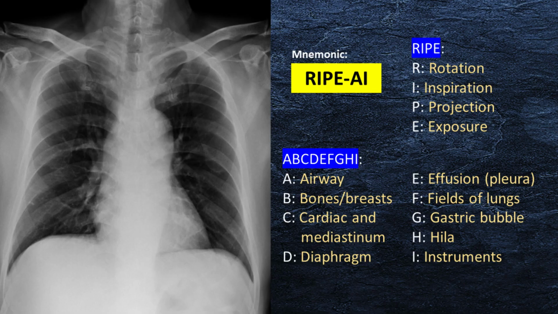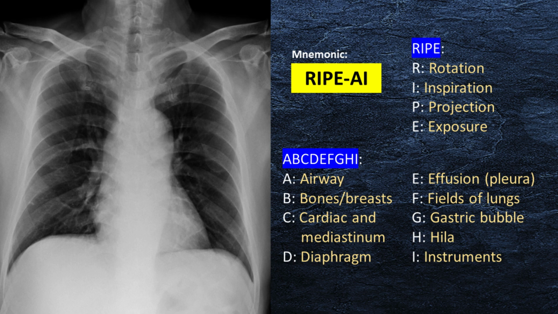We can adopt a systematic approach to interpreting chest X-rays with the mnemonic RIPE AI. RIPE is a mnemonic used to assess image quality, where R stands for rotation, I stands for inspiration, P stands for projection, and E stands for exposure. AI reminds one to use the A to I approach to carry out a structured interpretation of a chest X-ray,